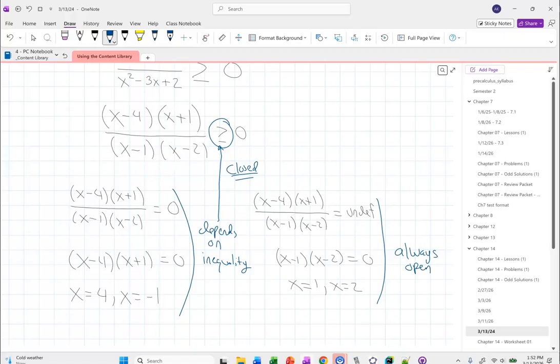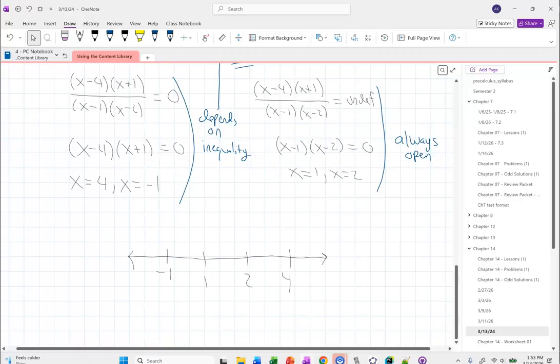Is it always undefined if the denominator equals 0? That's how you find undefined in a rational function, yes. Why is it always open for undefined? Because that value is not in the domain. That can never satisfy, that's not an x that works at all. No number comes out. Undefined is not greater than 0 or less than 0 or equal to 0. It's not anything. So it's always going to be an open circle because it's not actually part of our solution set.